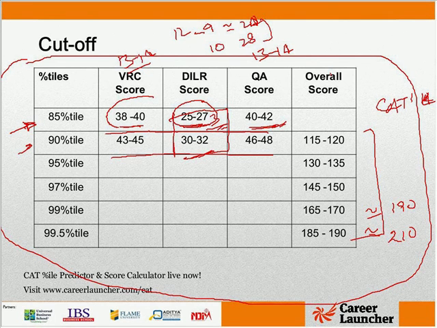One thing that I'm noticing here is that most of you have quite decent accuracy, so that should hold you in good stead even if your number of attempts is on the lower side. So do keep that in mind.